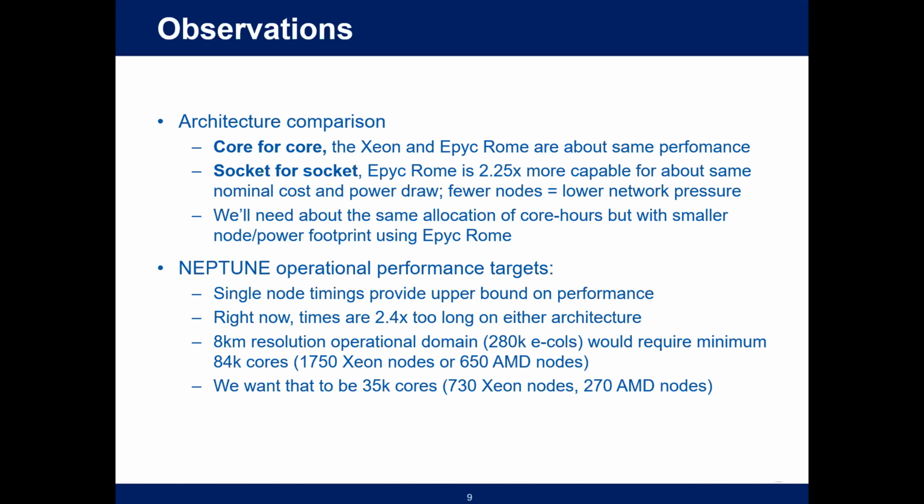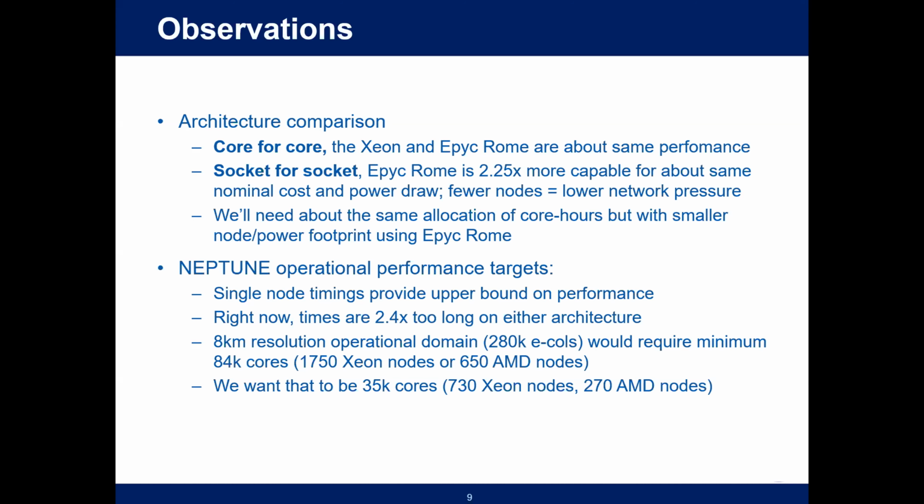First of all, people are generally interested in comparing architectures and how they do on a particular benchmark. In this case, how does the Rome do relative to the Xeon, given that the Rome has higher bandwidth and more cores? Well, on a core for core basis, and for this benchmark, the Xeon Cascade Lake and the EPYC Rome were about the same. Socket for socket, partly because it just has more cores, the Rome was 2.25 times more capable, but it has